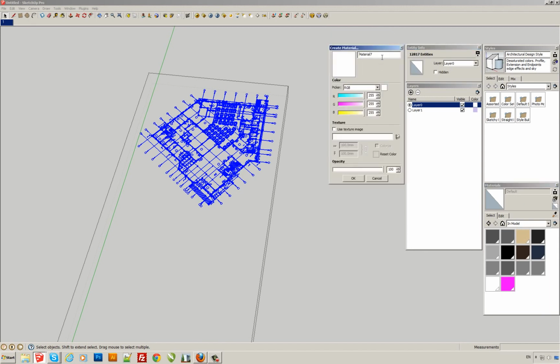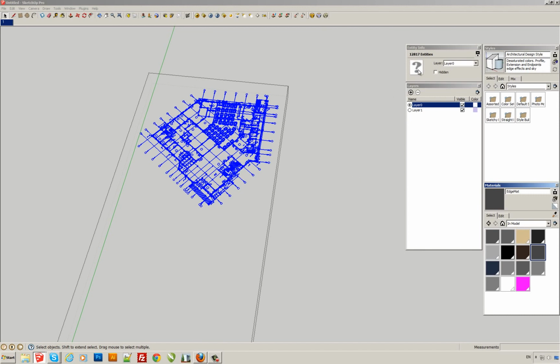Now let's create the material, named edge matte, and let's choose something semi-gray, like 17, 17, 17. Okay, and clicking the badge and choosing this edge matte. Okay,